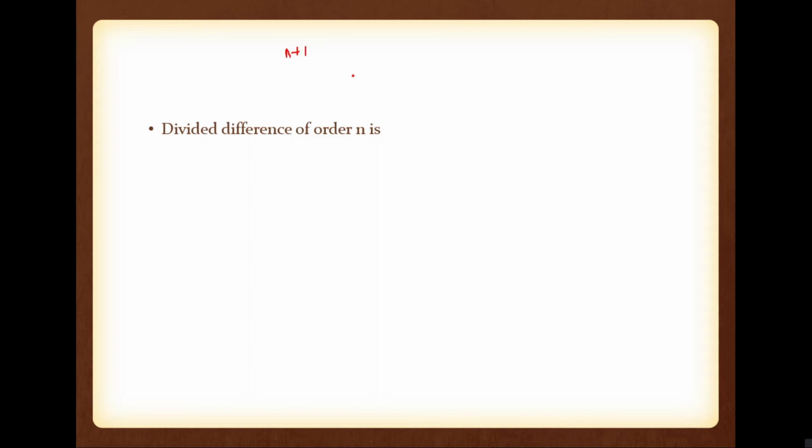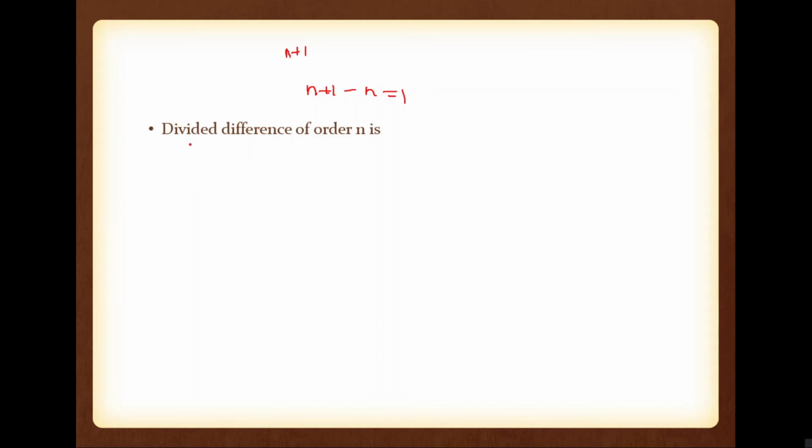We have n plus 1 elements, so please always note, n plus 1 is the number of data, minus 1 we are finding the nth order divided difference, so n. So we have one such element. We can find one nth order divided difference. So please write the expression. There is no need to write the general expression because we have only one such element.